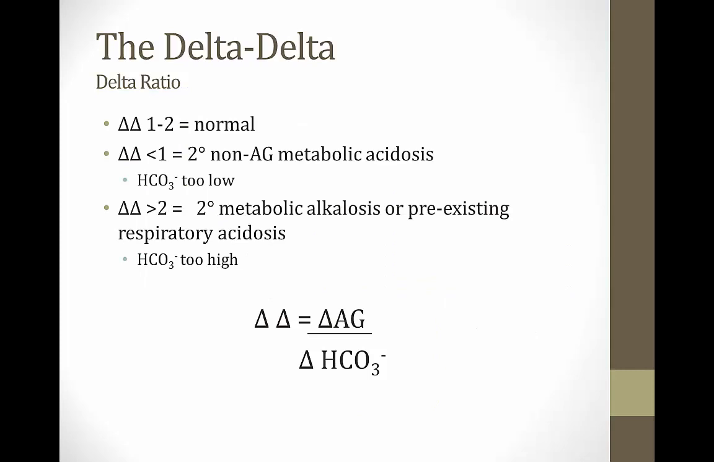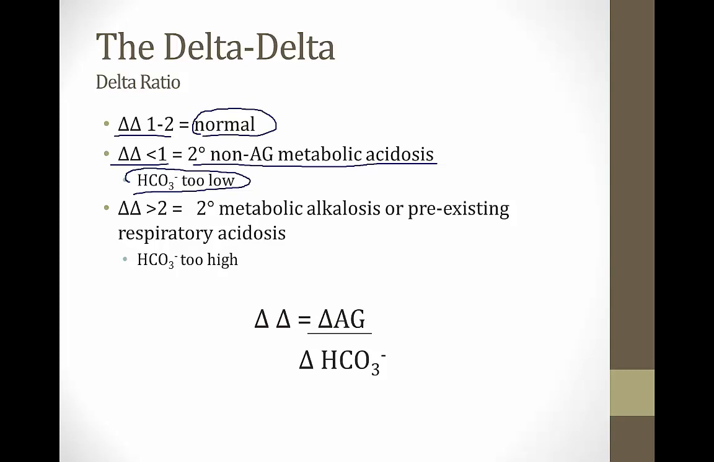So once you calculate the delta-delta, you look at the ratio. A delta-delta of 1 to 2 is normal, and this means that there is no secondary or concomitant metabolic acid-base problem. If the delta-delta is less than 1, this means that there is a secondary non-anion gap metabolic acidosis. This happens when the bicarb is too low. So the bicarb is being driven down by the anion gap metabolic acidosis, but also by another metabolic acidosis, making